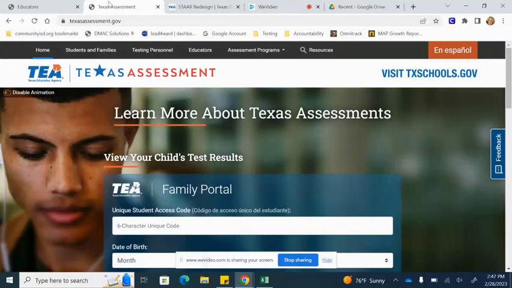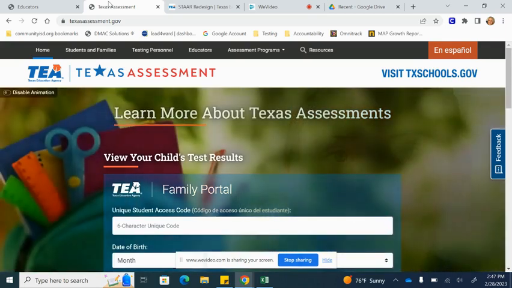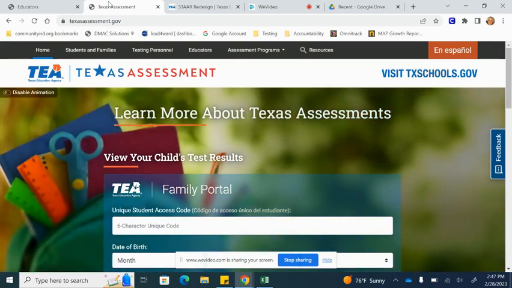Okay, I'm going to show you how to access the STAAR Redesign Resources page on the TEA website, how to look up the new item types chart, and how to access the test blueprints for each subject and grade level. So first, you're going to go to